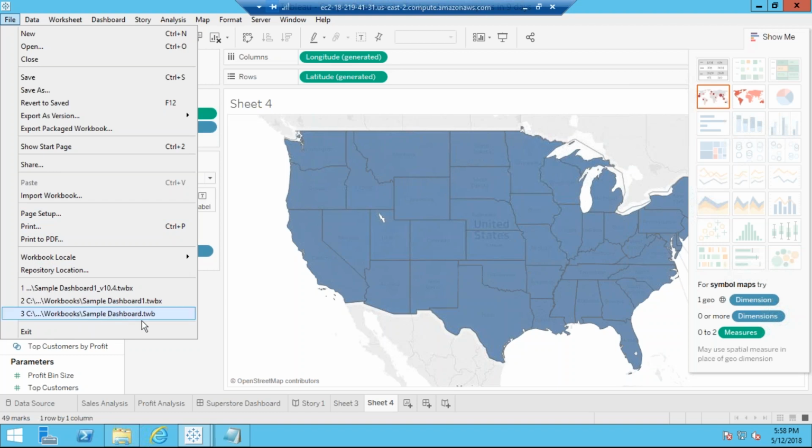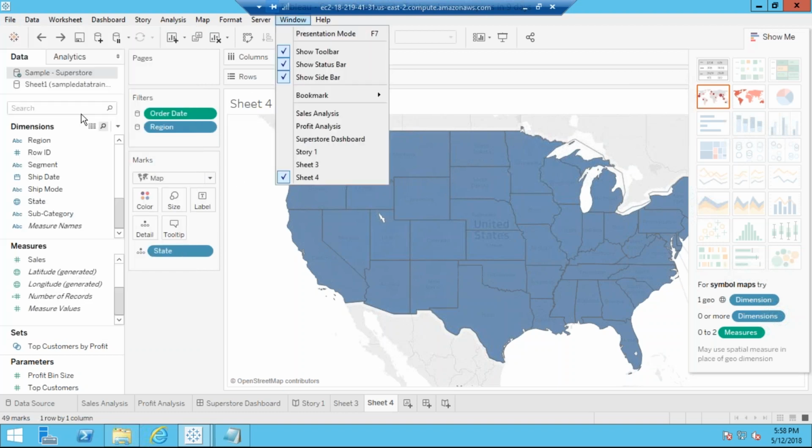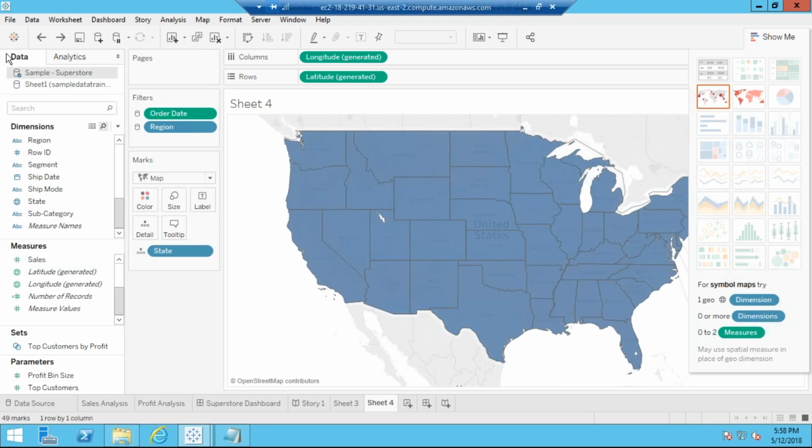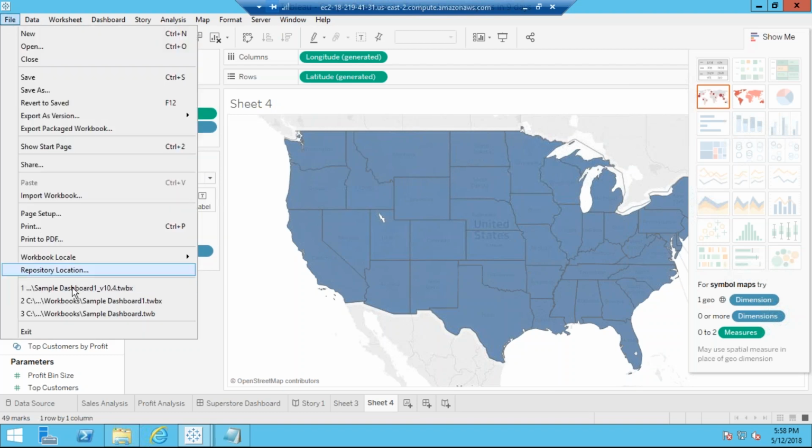Recently we opened a Tableau dashboard, TWB file, TWBX, and currently I have opened this TWBX 10.4 version. This is just the last opened projects, the way you see it in Excel, where you have an option for recent files you worked on. Same thing. So these are the important things under the file options.